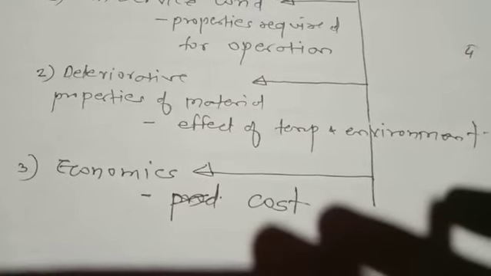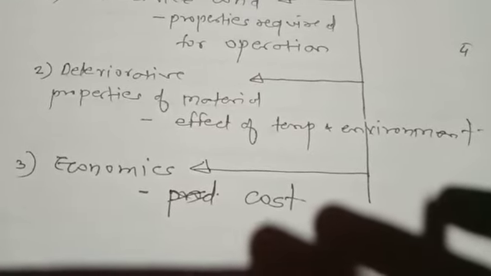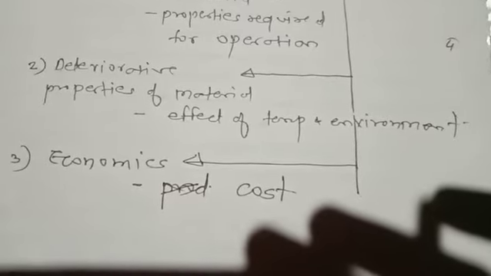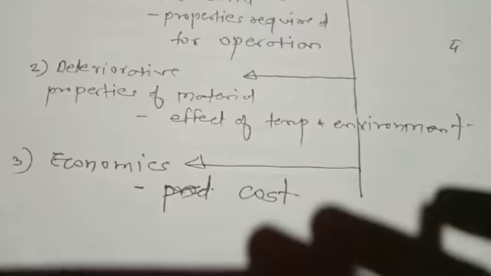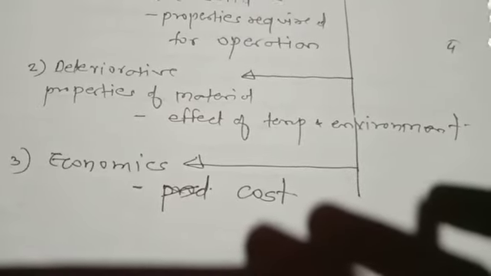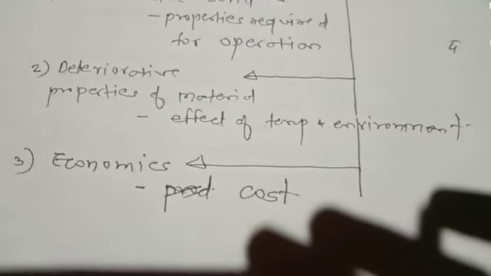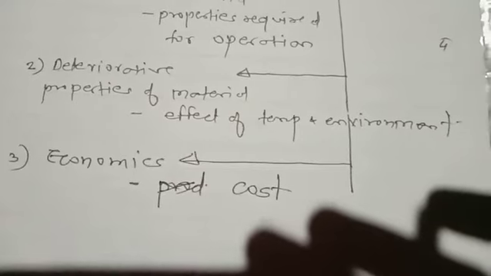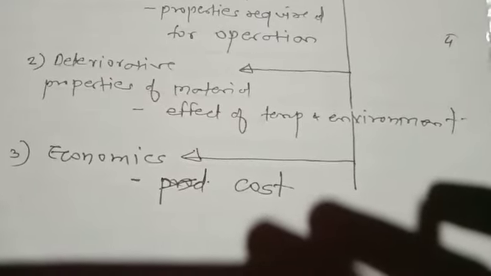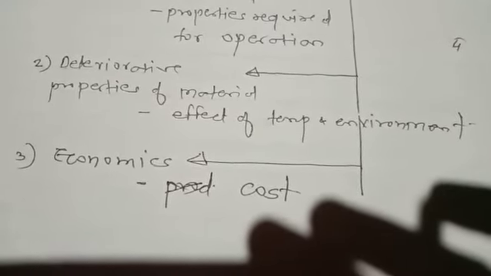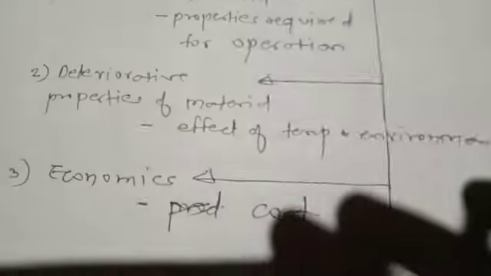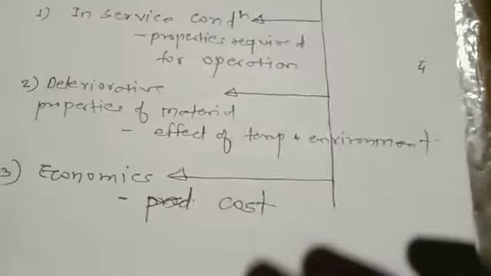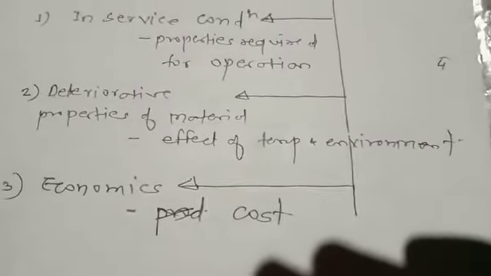If the temperature there is 30 degrees, we'll go for a different material. If the temperature there is 100 degrees, 200 degrees centigrade, then definitely you have to go for different components, right? If the environment there is corrosive, then definitely you will have to use a different material and different processing, right? So one is service condition, second is deteriorative properties of the material, and the last and very important thing